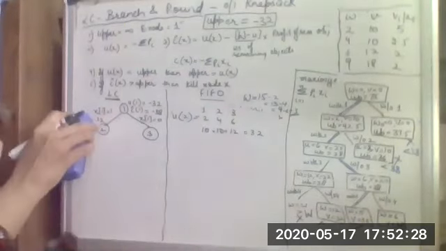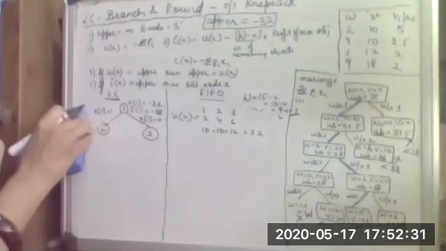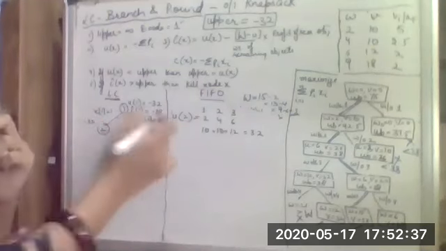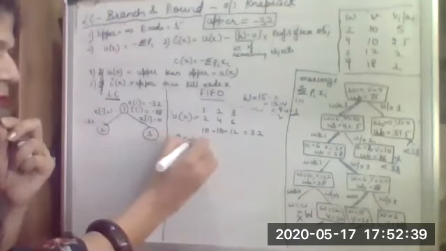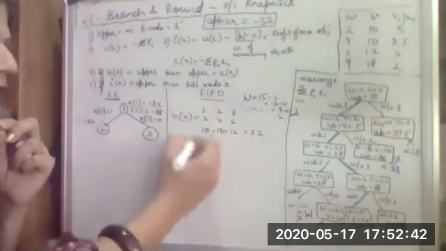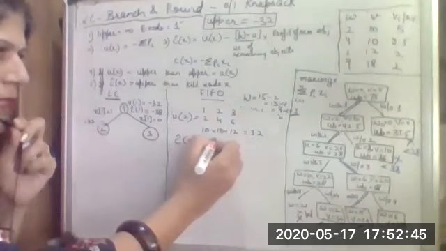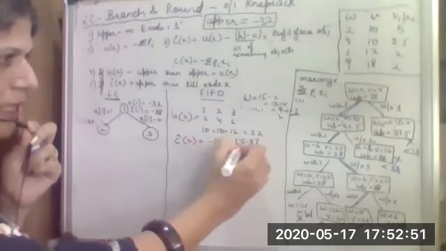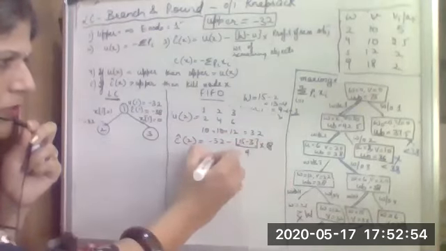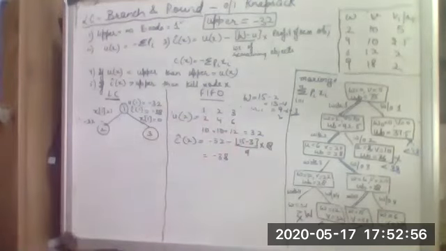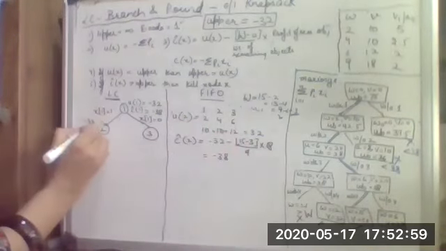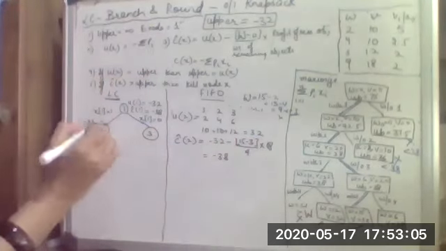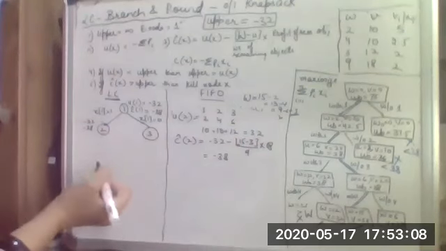I'll keep on writing the U value first, and the C value as the next value so that it becomes clear and does not get cluttered. So the C cap value will be minus 32 and minus the remaining values, as in the previous case, the same thing. So this also comes out to be minus 38. These two values remain the same, so there is no change in the upper value. Since there is no change, we are going to terminate this node. Let's now check for this node.